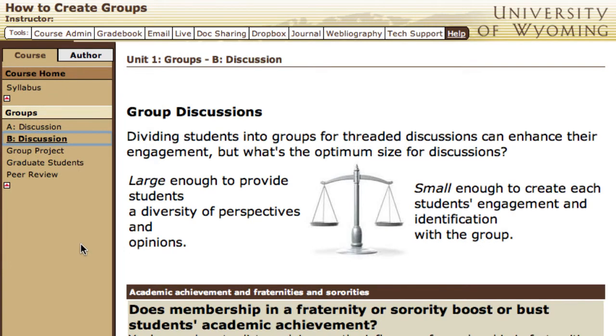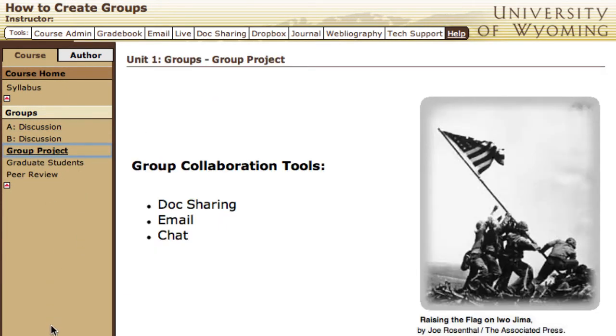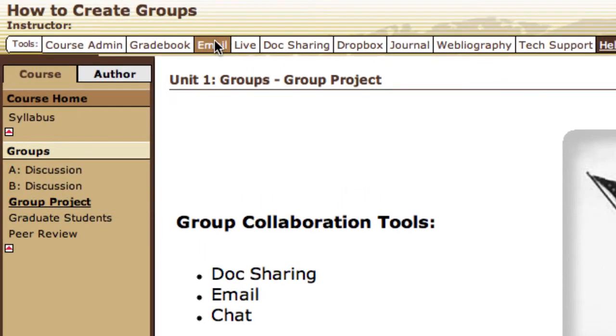A benefit of group work in an outreach class is students' development of remote collaboration skills. When collaborators are widely dispersed, they have to rely on communication technologies to facilitate group work. Several learning tools in your online course or eCompanion provide groups their own private areas and tools to support their collaboration. Under Email,